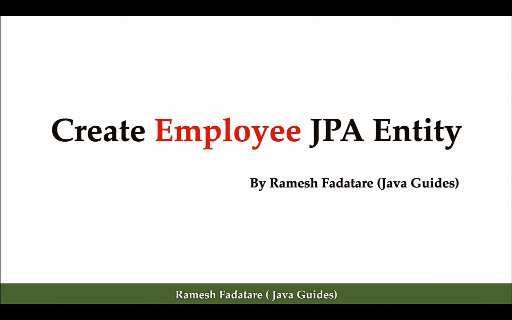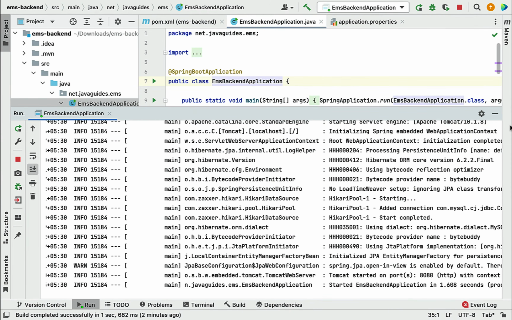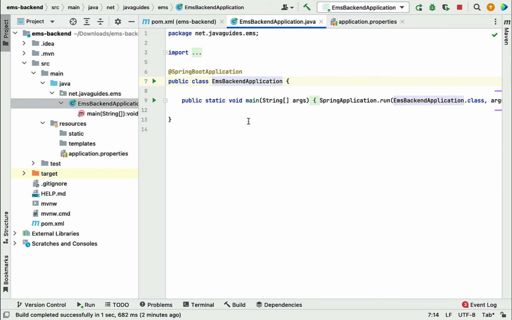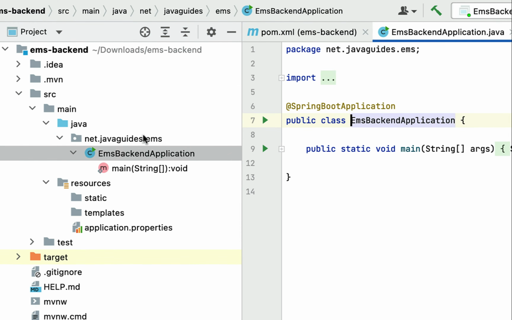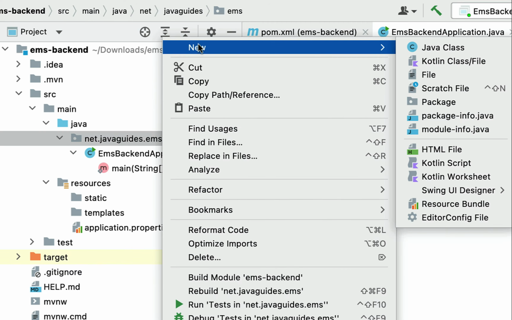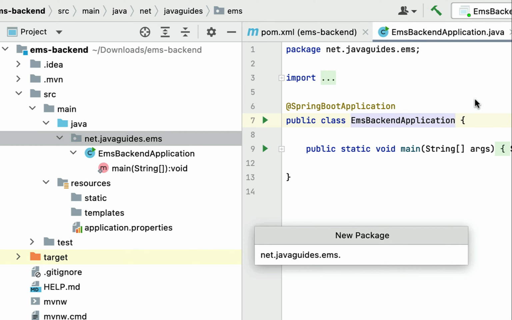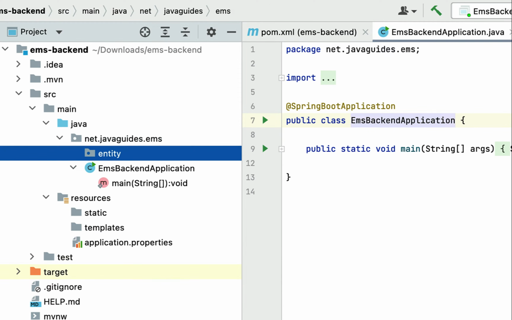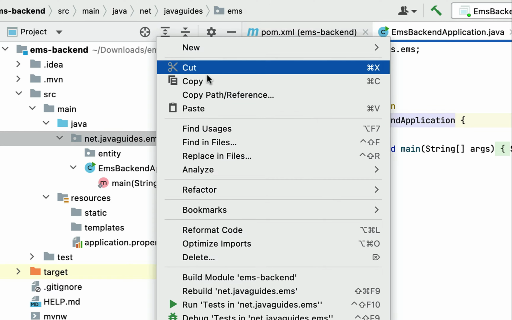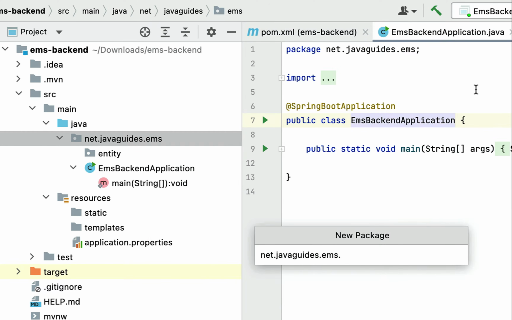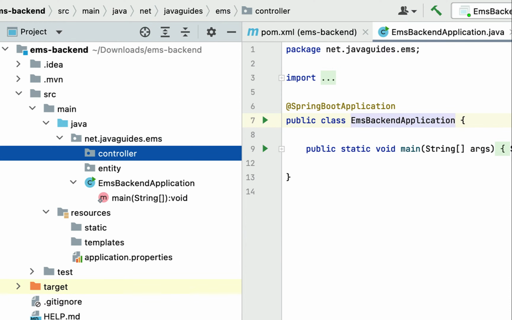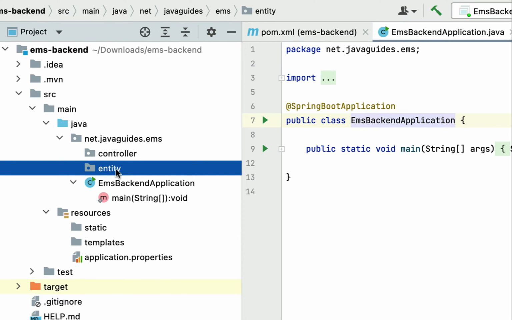Hi everyone, welcome back. In this lecture, we are going to create an employee JPA entity. So let's go to our project in IntelliJ IDEA. Before creating the employee JPA entity, let's quickly create a package structure for our Spring Boot application. So go to the base package over here, right click, new, and then choose package. Let's give the package name as entity. Next, let us create one more new package. Let's call it controller. Within the controller package, we keep all the Spring MVC controllers, and within the entity package, we keep all